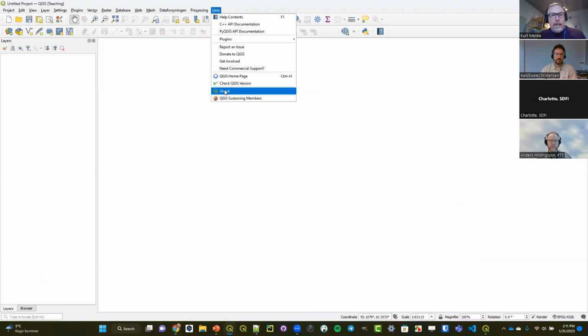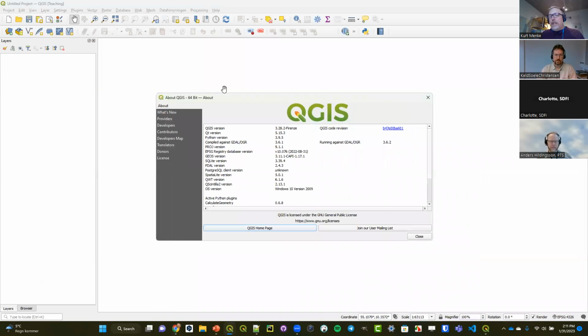Here today, I think I have open 328, which is set to be the next long-term release in a couple of weeks. So if you're unfamiliar with the release schedule for QGIS versions, every spring they designate the current stable version of QGIS as the long-term release. And so they support that long-term release for an entire calendar year. So in a few weeks, when 328 becomes the next long-term release, 328 will be supported all through 2023 and